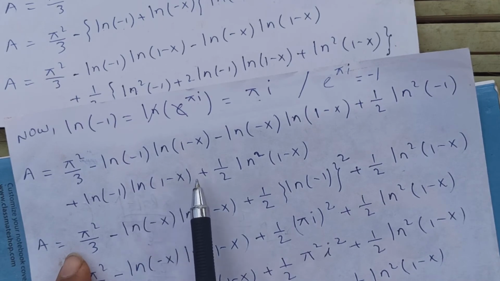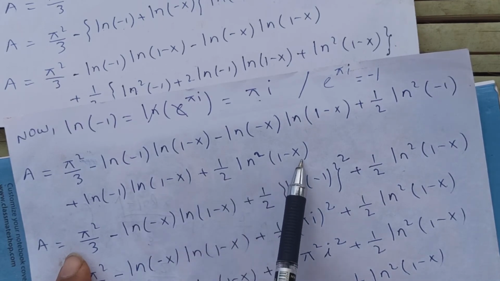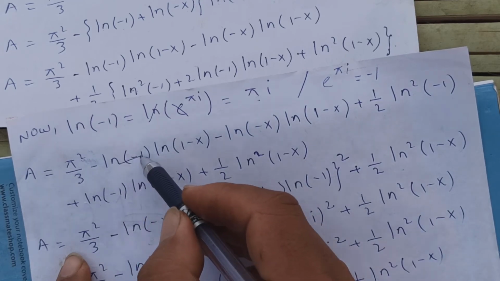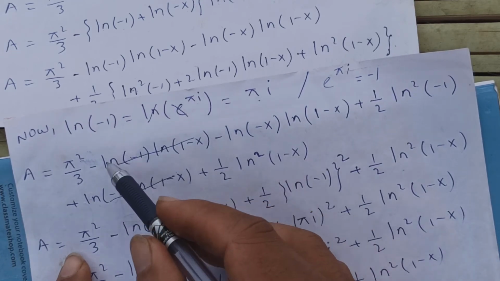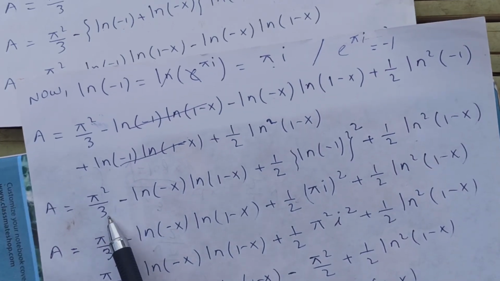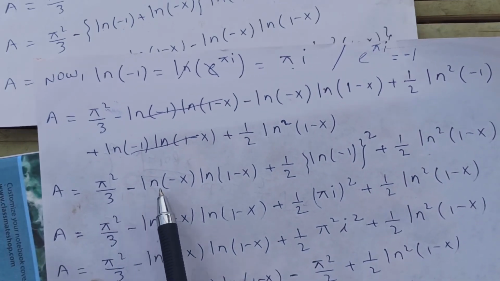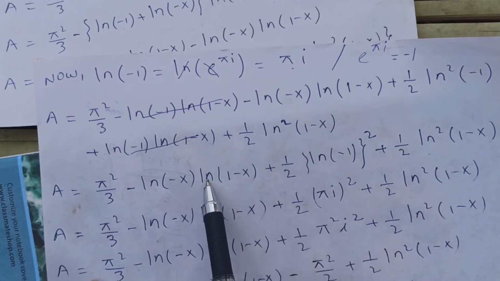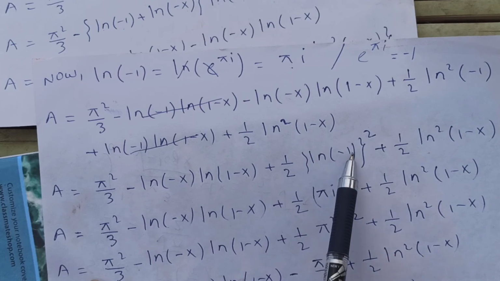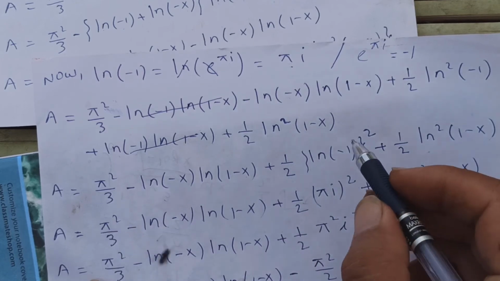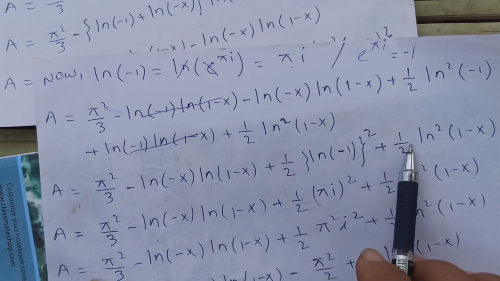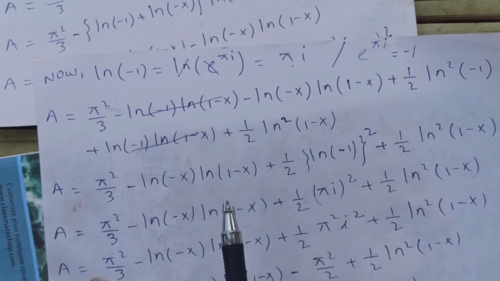Now if you see here, these two can get cancelled out, because they have opposite signs. A is π²/3 − ln(−x)·ln(1−x) + ½ (ln(−1))²